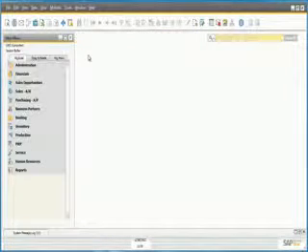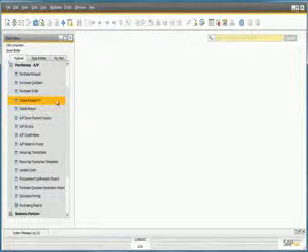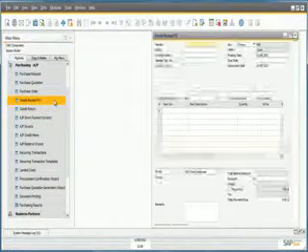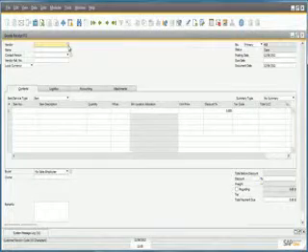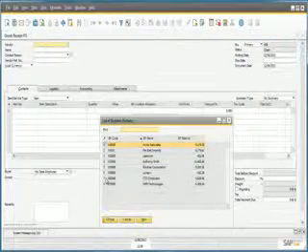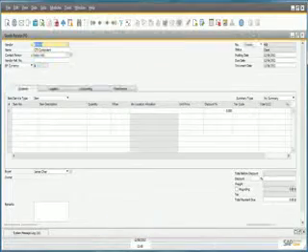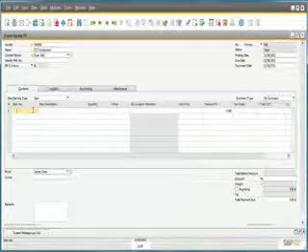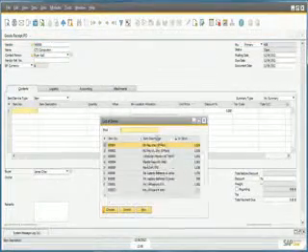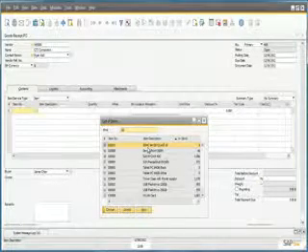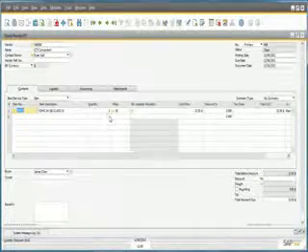OEC Computers have just received 50 SD memory cards from their supplier CTI Computers. To receipt the goods, Jason is going to create a goods receipt purchase order, which can be found under the purchasing menu, and then selecting goods receipt purchase order. We can then select our vendor details, CTI Computers, and then simply select our item details. We then input the quantity that we've received,